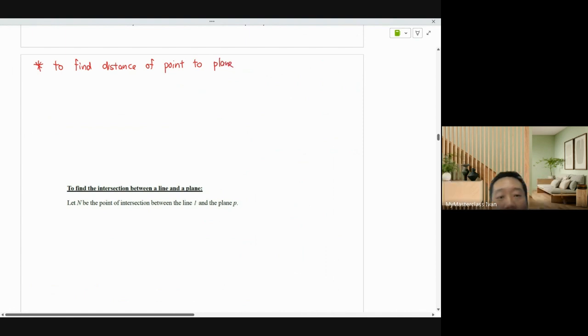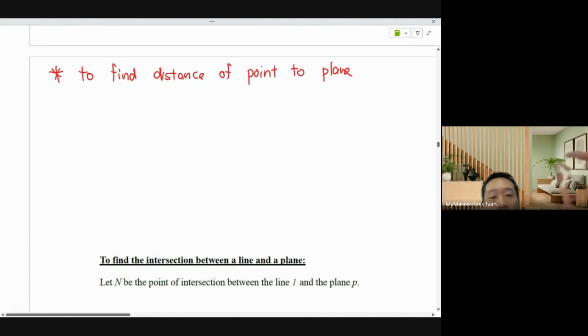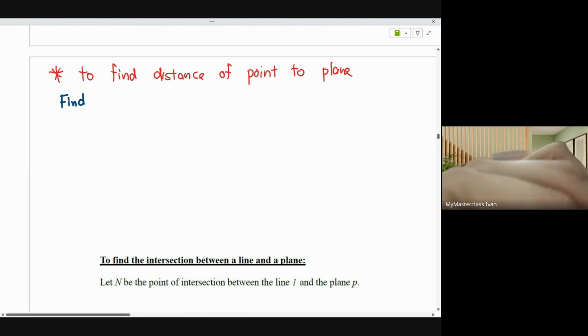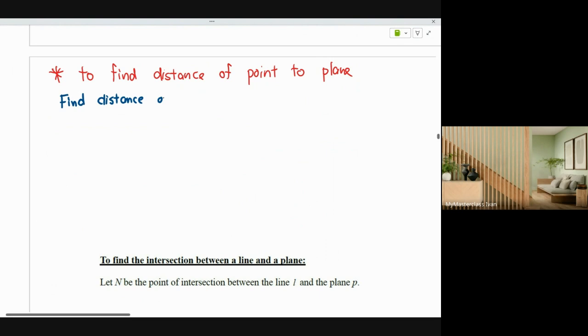This is something I saw in some of your tutorials, and I forgot to put this inside. So for example, find the distance of P